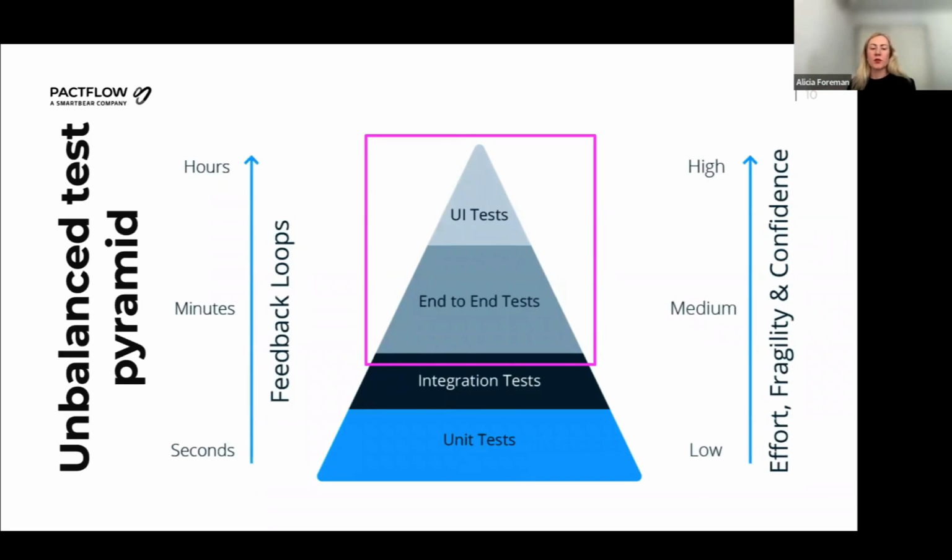One hypothesis that we could say is that that particular client that we talked about earlier had a really top-heavy focus on end-to-end and UI tests, which sit at the top of the pyramid, and in that way are experiencing longer feedback loops, more effort and more fragility around those tests, but they're getting higher confidence. And of course, the high confidence is the piece that's needed, right, towards the end of our software development lifecycle.